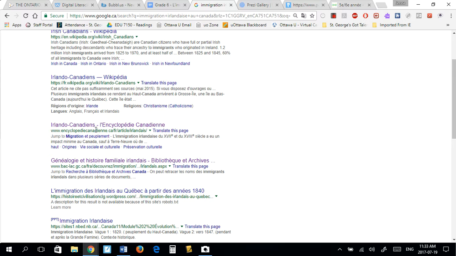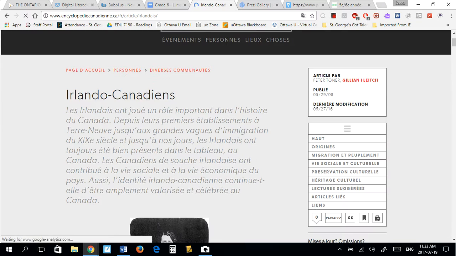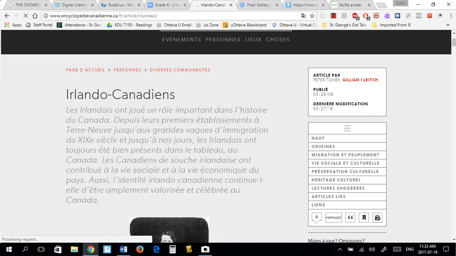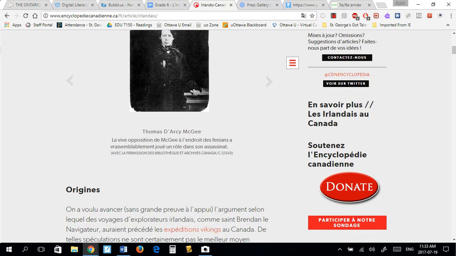Oh, Encyclopédie Canadienne. Oh, encyclopedia, I might click that. That might be a little more reputable of a resource. So I can click through and remind them, this is a great idea to teach them reading strategies, that it's a good idea to skim through the ideas while they're reading and look for visuals. They don't need to read all of the content. Oh, here's a visual, since it's a second language course.